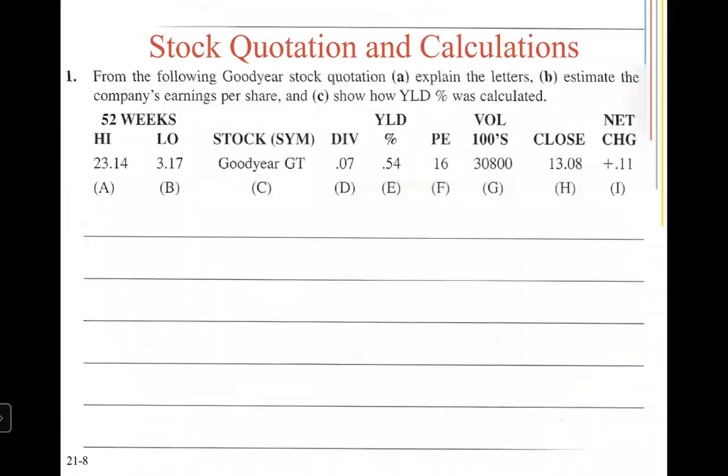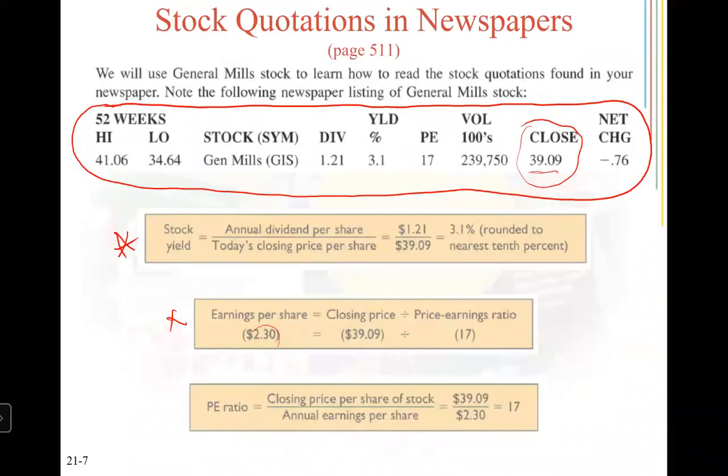Now, the next we are looking at is the volume. A lot of students in the past have made mistakes with this. It says volume in hundreds. All that means is that you're going to multiply this by 100, so you're going to add 2 zeros to it. Okay. So this 239 should be